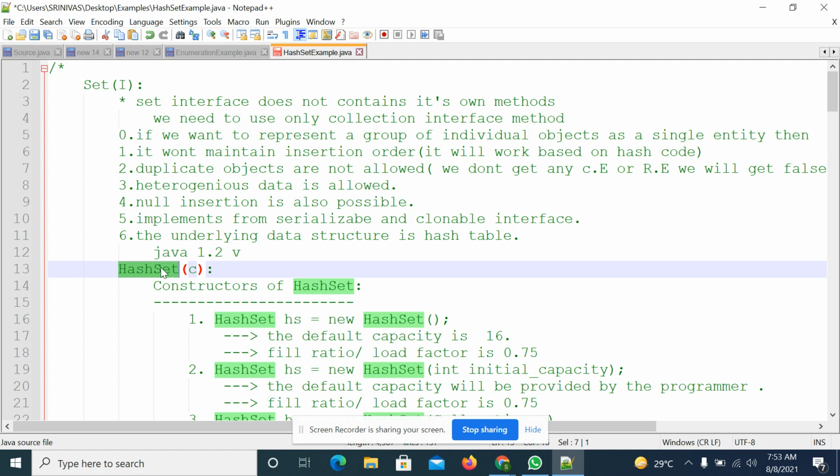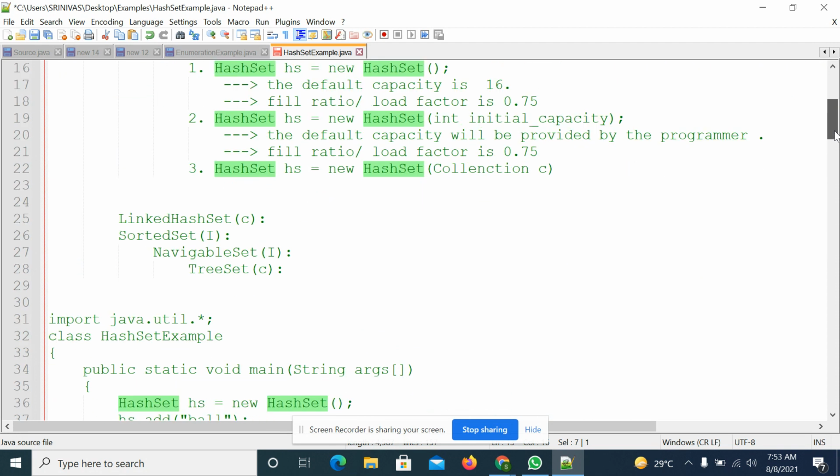The order will be based on the hash code of the objects. Duplicate objects are not allowed. Heterogeneous data is allowed. Null insertion is possible. We discussed all these points.